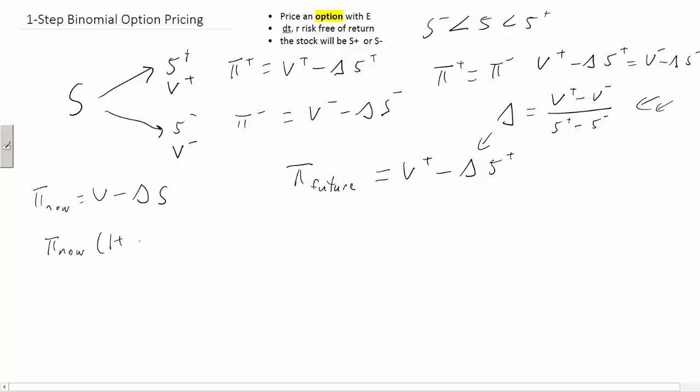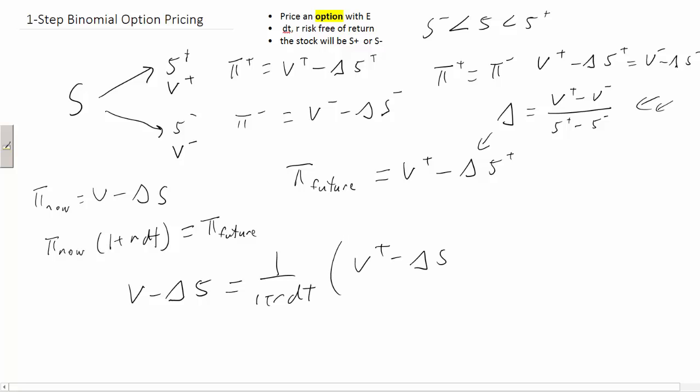In the last video it was divided by 12, but that was because we were multiplying it by a 12, but it's R dt. I would multiply the portfolio now times the 1 plus R dt to have time value of money, to have it grow into the value in the future. And that's going to give me then portfolio now equals 1 over 1 plus R dt portfolio future,